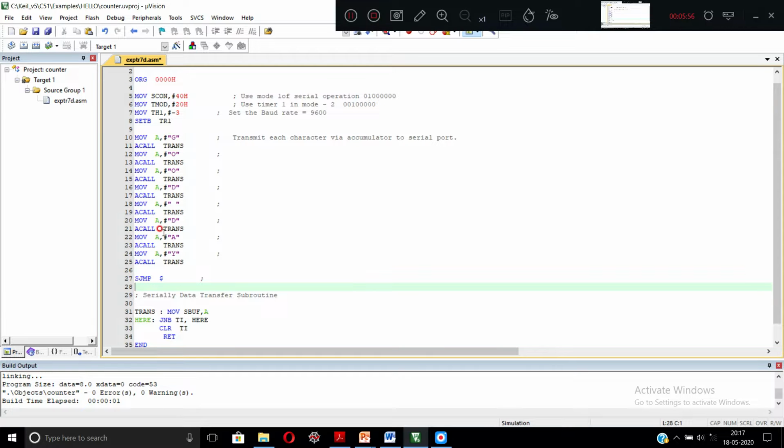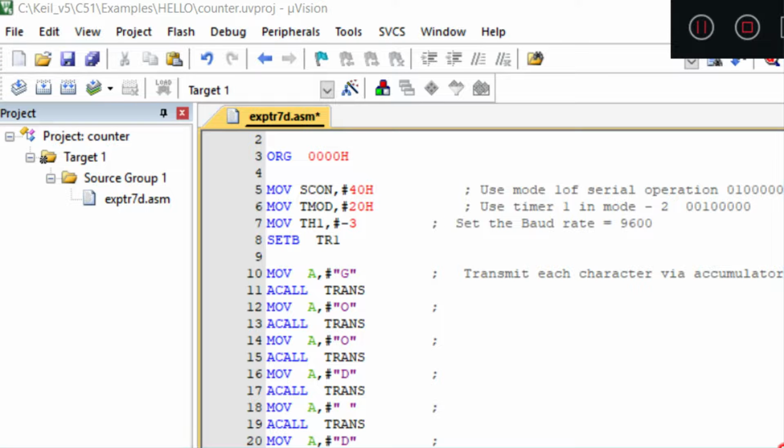Let us move to the program output and its execution steps, so that you will see the result. The execution steps will be similar here. You need to go to translate, next build, then rebuild.